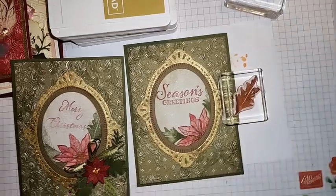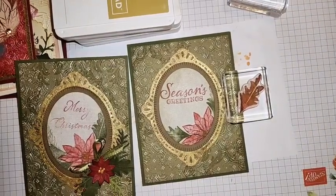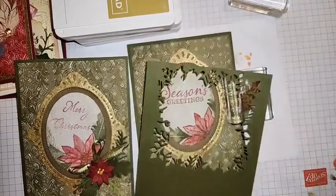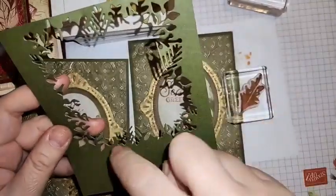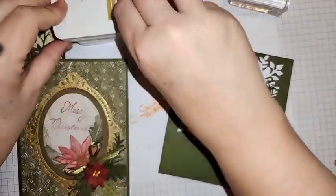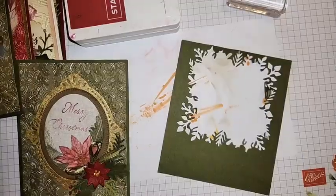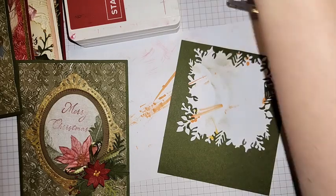I just need a piece of mossy meadow. Handy enough. Any guess what I was cutting here? I'm sure many of you will know. Anyway, so let's go with the leaf, and then we can fussy cut them. I love